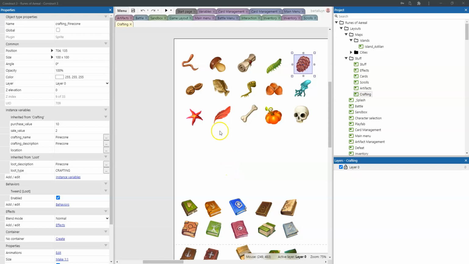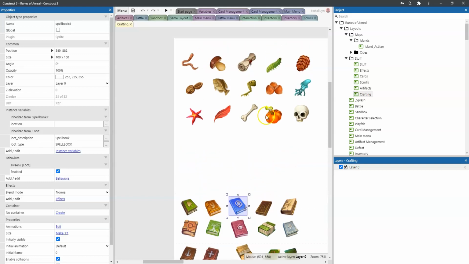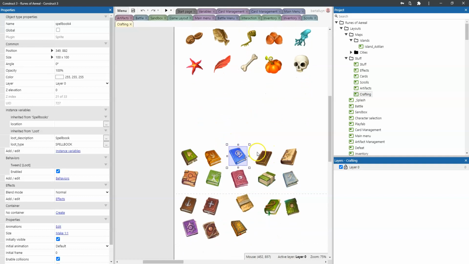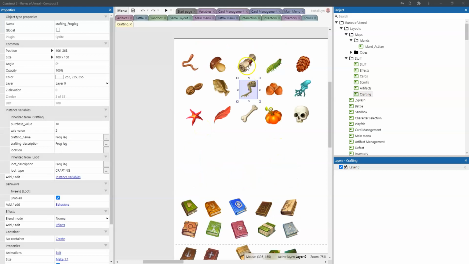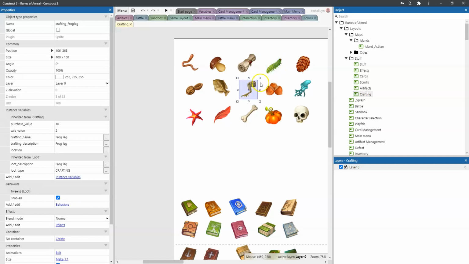So the idea is this: during gameplay the player will be able to pick up a number of things like a worm, a mushroom, an empty scroll, a caterpillar, a pinecone, etc. And also he will be able to pick up a number of spellbooks. I've imported some of these items here, and a number of spellbooks as well. The idea is that the spellbook will contain a recipe to craft something. So for example, an empty scroll, a caterpillar and a frog leg might combine to craft a scroll of life,